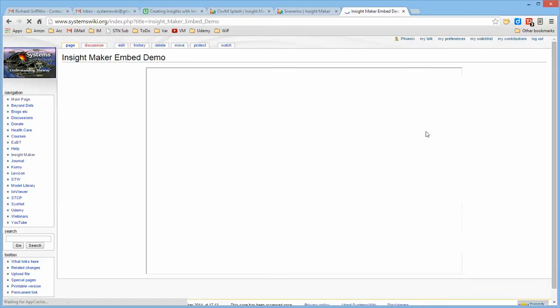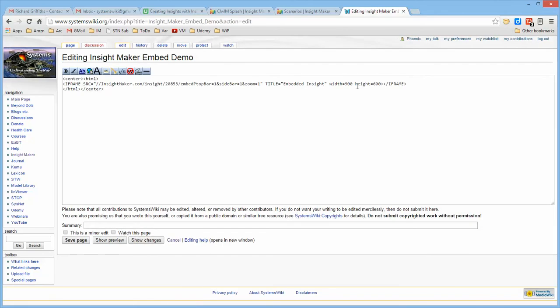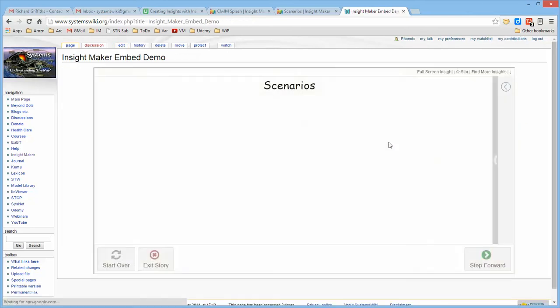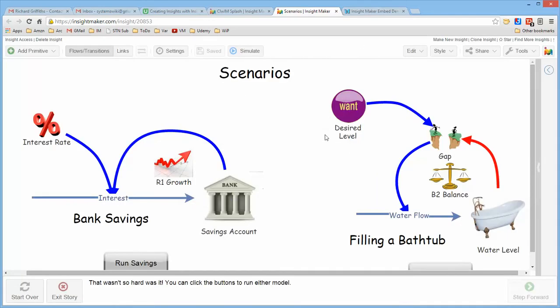So if I now save this, I could probably use it a little bit wider. Sometimes it's a lot of trial and learning to go on here, but sooner or later you sort of get it to the size that you want in the space. And now here is this Insight Maker model